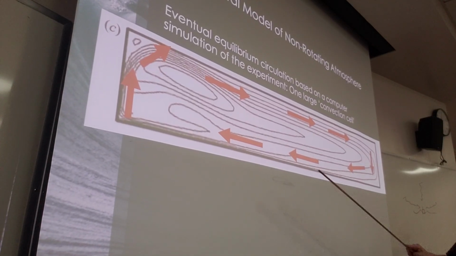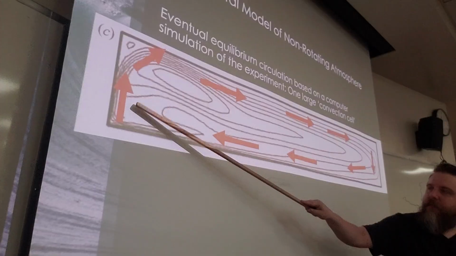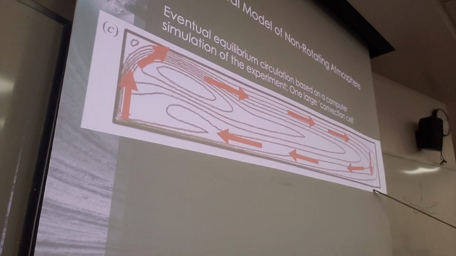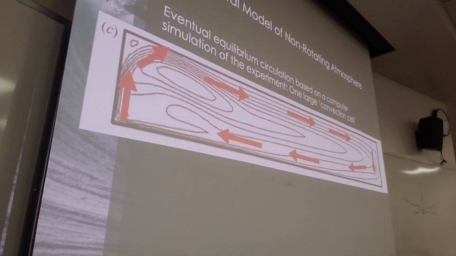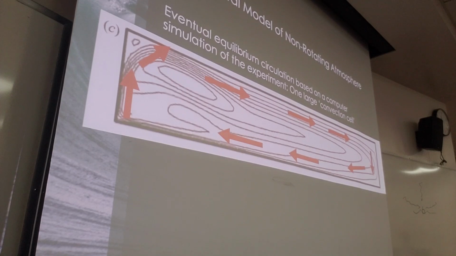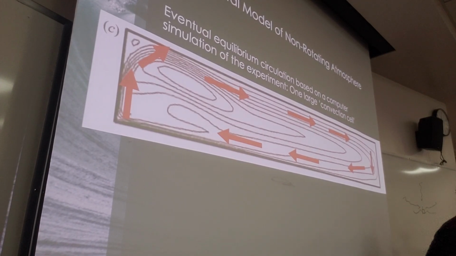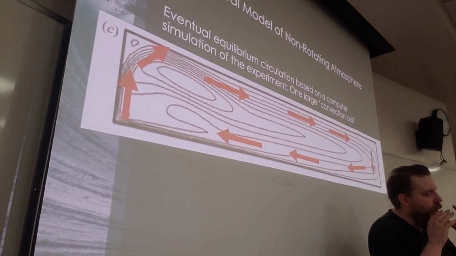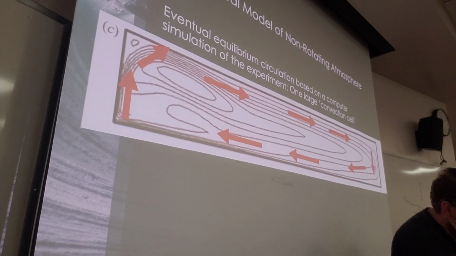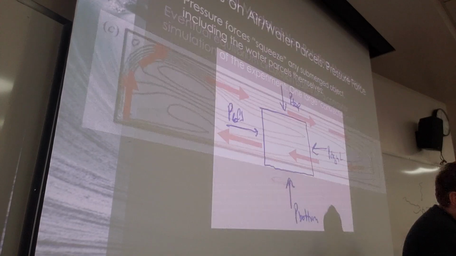And what that's ultimately doing is taking warm water from here and transporting it all the way over here, where it's going to get cooled when it touches this cooling mat. So it's called a thermally direct circulation. It moves the heat from where it's hot to where it's cold. And that's just like we said was necessary in the climate, because otherwise, because of the differential heating, our equator would just warm and warm and warm, and the poles would cool and cool and cool. Okay, so